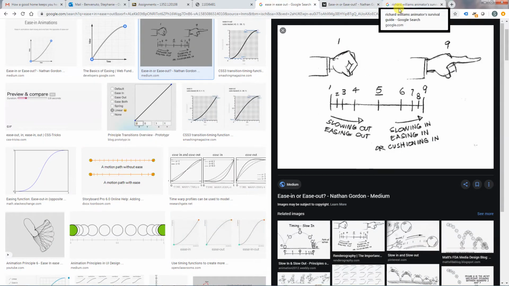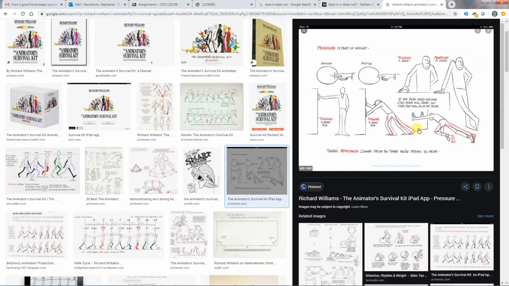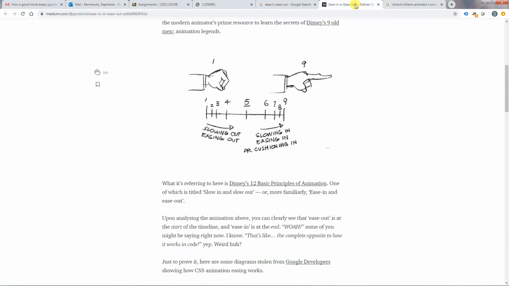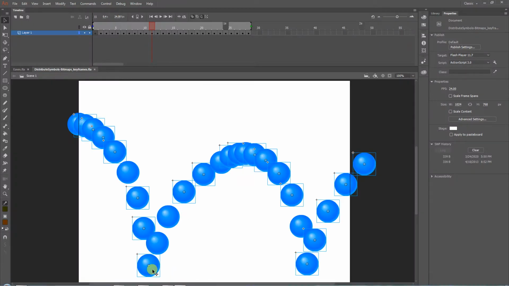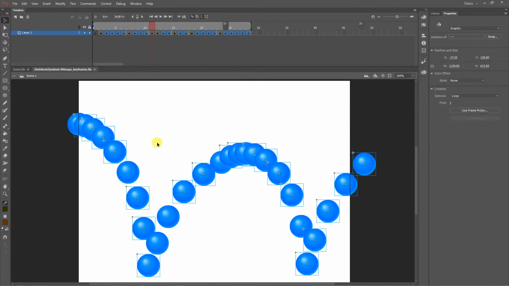But when you read that, when you look at the other things, you notice that everything is dealing with poses. And so what this little essay author is pointing out is that in animation, the pose is the thing. So the pose in this case would be where the ball lands. So if we're considering the pose to be where it's at the ground, then technically the pose would be up here. The pose would be up at the top because we ease into the pose, right? We slow down to ease into the pose, and then we ease out of it by starting off slow and speeding up.